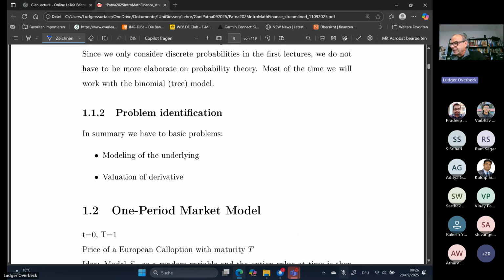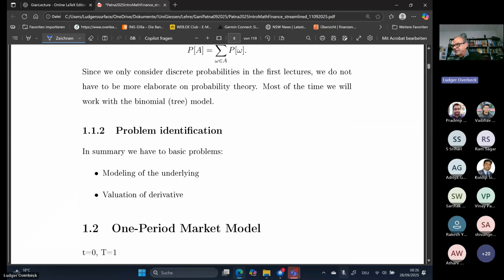Okay. In our case, we have this simple model, and we will keep it simple just to make clear the ideas. We have the binomial tree model. But basically, from this short introduction, you should have realized that we have two main problems: the modeling of the underlying,